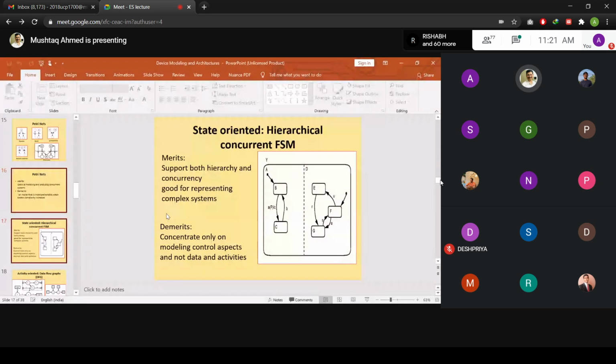So this is a good criterion for designing or using these hierarchical concurrent finite state machine diagrams, where the various types of triggerings take place, or the input transition takes place based on the input available, and you can depict or easily see that based on this input that operation is to be performed, and the output of the transition from one state to another takes place based on the data which has been provided or computed by that function.